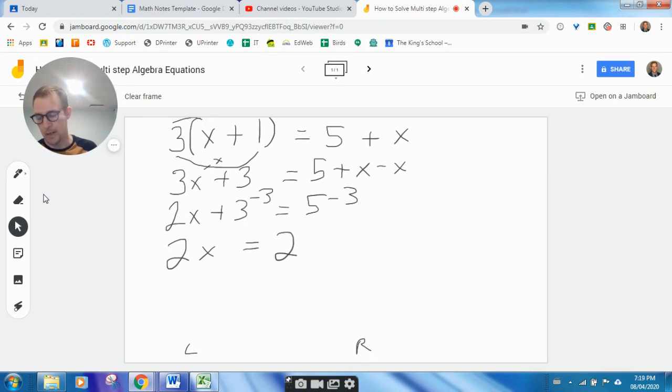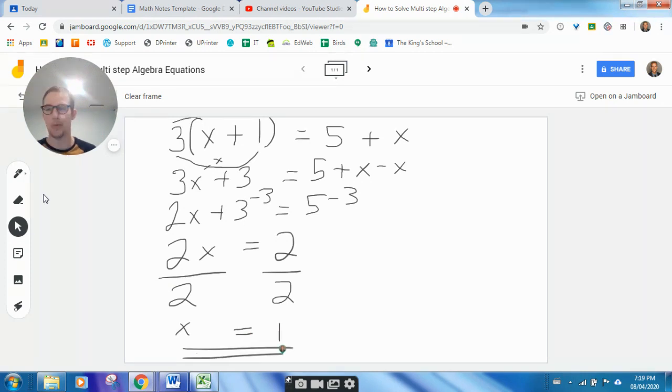I'm going to divide this side by 2, and I'm going to divide this side by 2. I'm going to erase this down here. We can say that x is equal to 1. That is how you solve multi-step algebra. So let's try